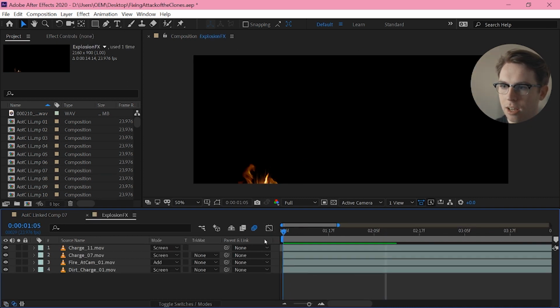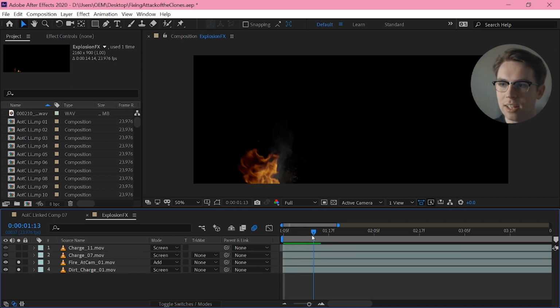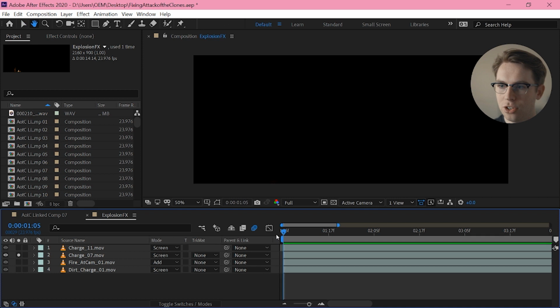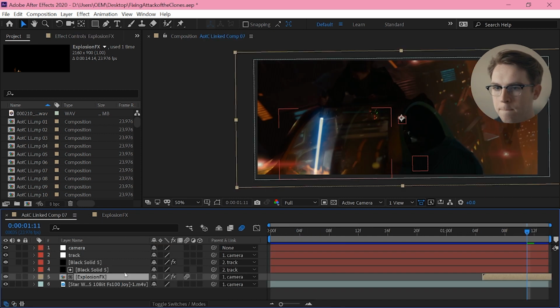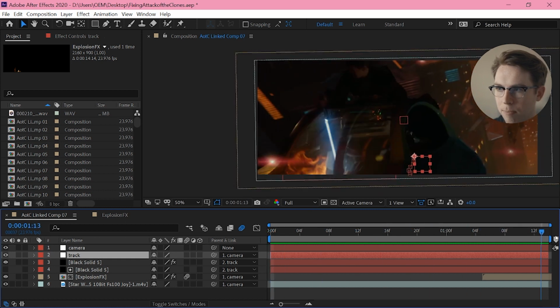Right, okay, I'm just roughly layering up all the effects that I want, setting them to the right blend mode so they stack on top of each other nicely. Start with some dirt, always good. These are all just action essentials. Why use anything else? It's good enough. Fire at cam, you rarely get to use that. A charge, and another charge. And all together, bang. Pretty good.